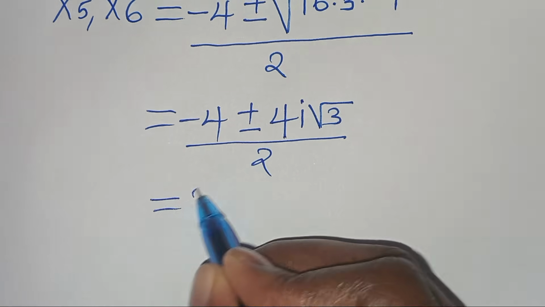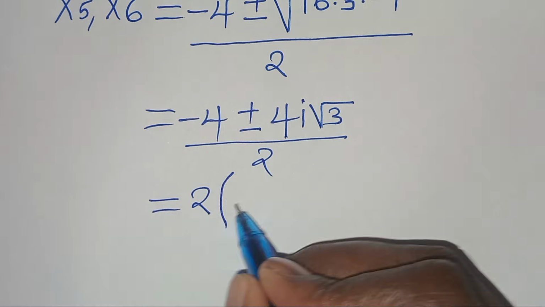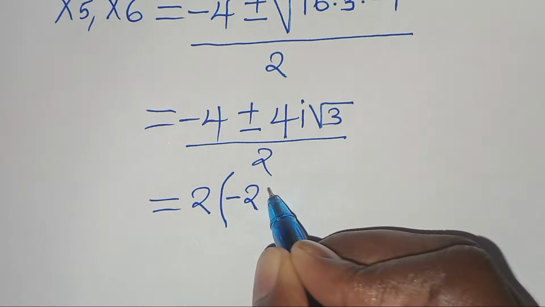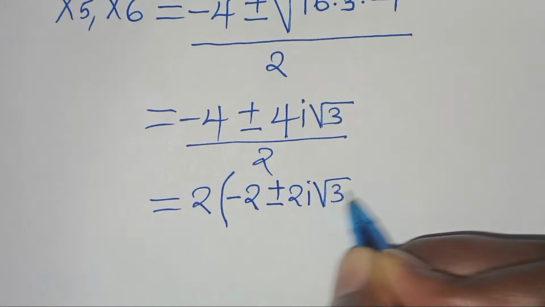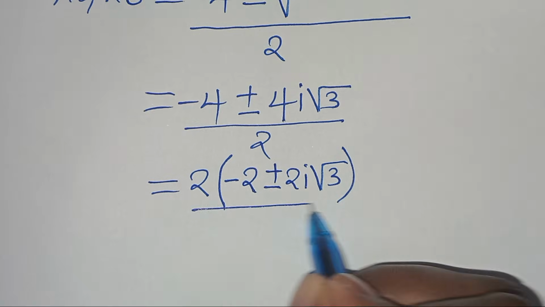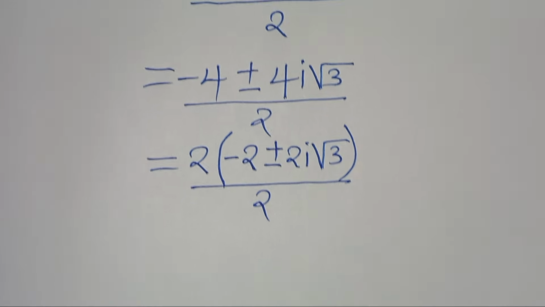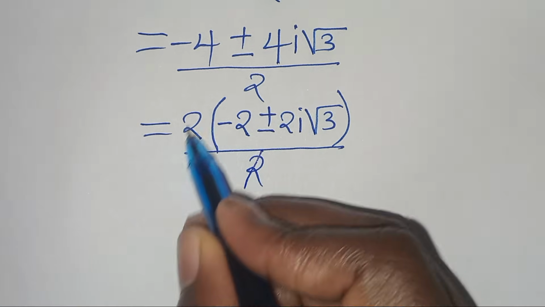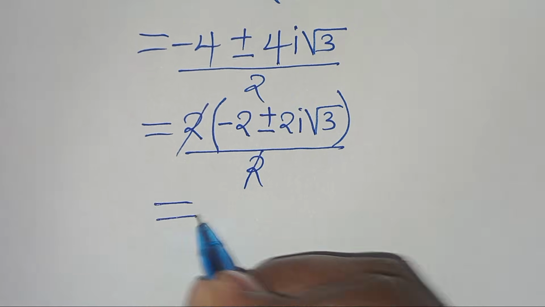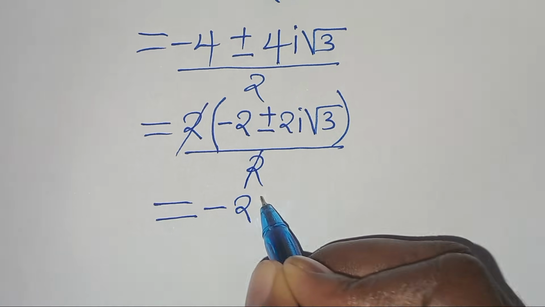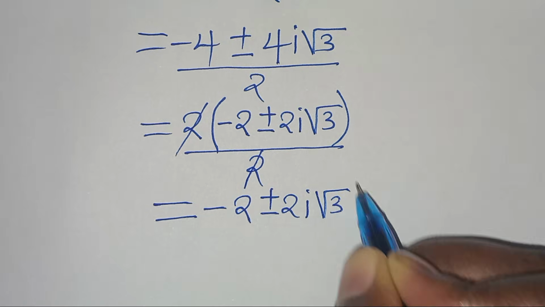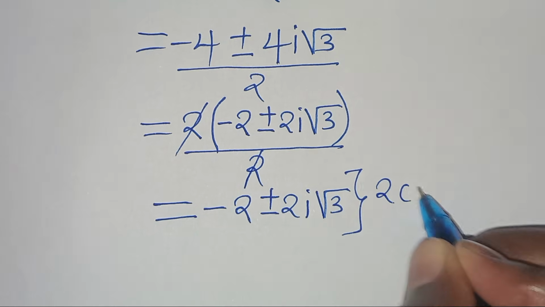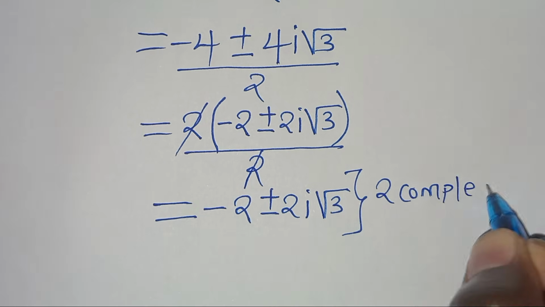So we can factor out 2 so that in the parentheses, we have minus 2 plus or minus 2i square root of 3. Everything here divided by 2. So 2 and 2 here simplify so that we have here minus 2 plus or minus 2i square root of 3. Now these are two complex solutions